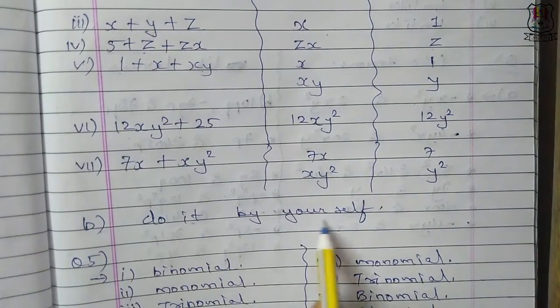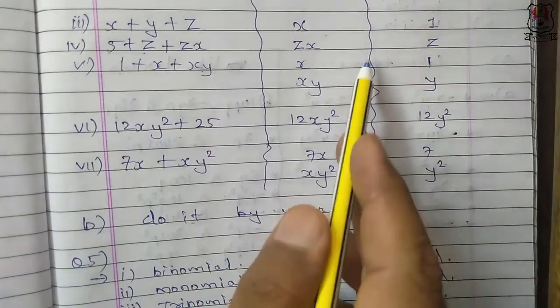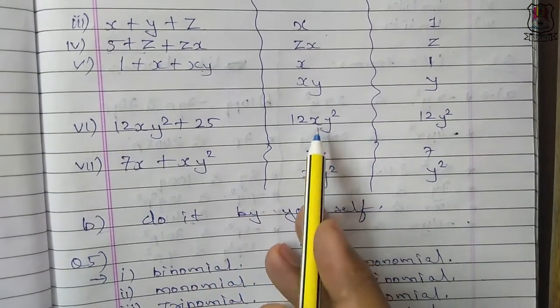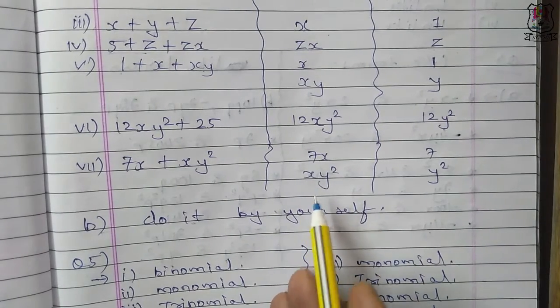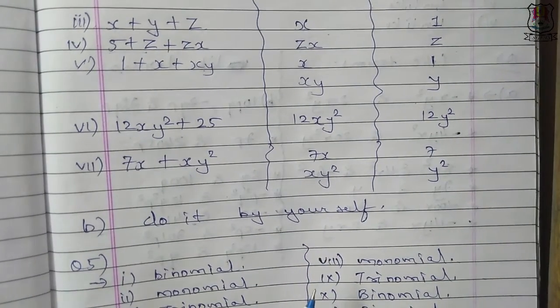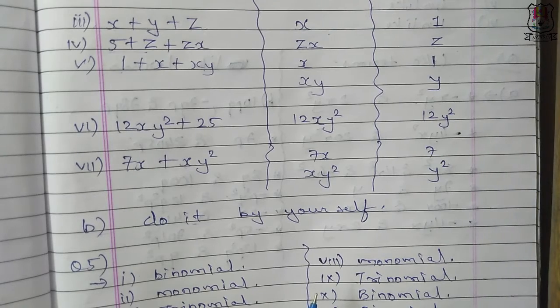Part B, try to do it by yourself. It is exact same, just we have to consider for y, as in part A it was for x, the second part is saying for the y. Try to do it by yourself. There are only 3 questions in part B. It will be easy for you to understand.